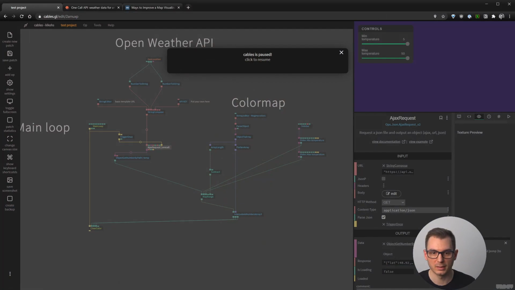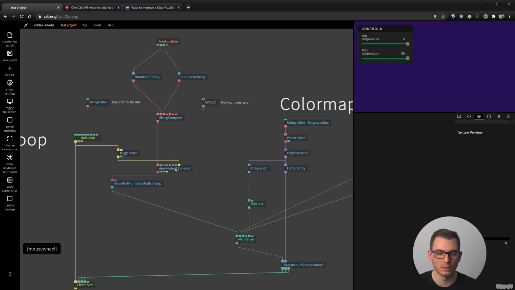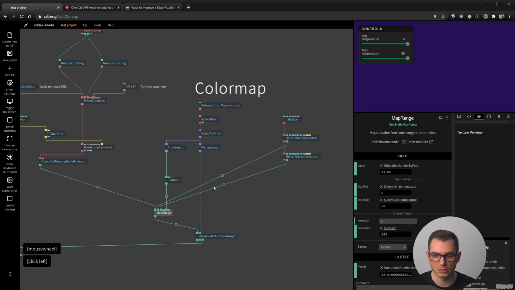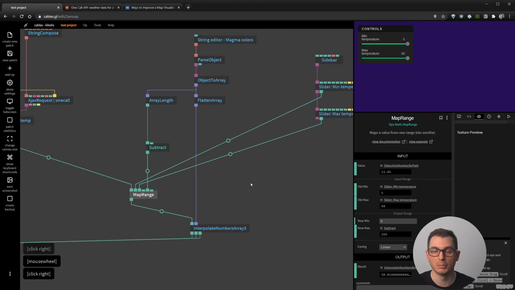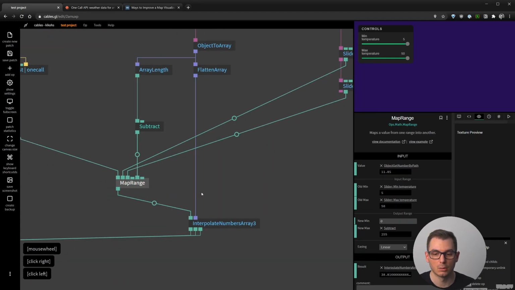Basically, we had this OpenWeather API to fetch all the values. We create our API, we did the AJAX request to get the current value, and then we imported a color map. We mapped it as a color array, so a flattened array of triplets, and created this range where we get the current temperature in Celsius degrees. We define the minimum temperature and maximum temperature, and then we map this range to the current index of the color map. And because it can happen that the index is in between values, because our color map has 256 values, then as you can see here, our range is in between